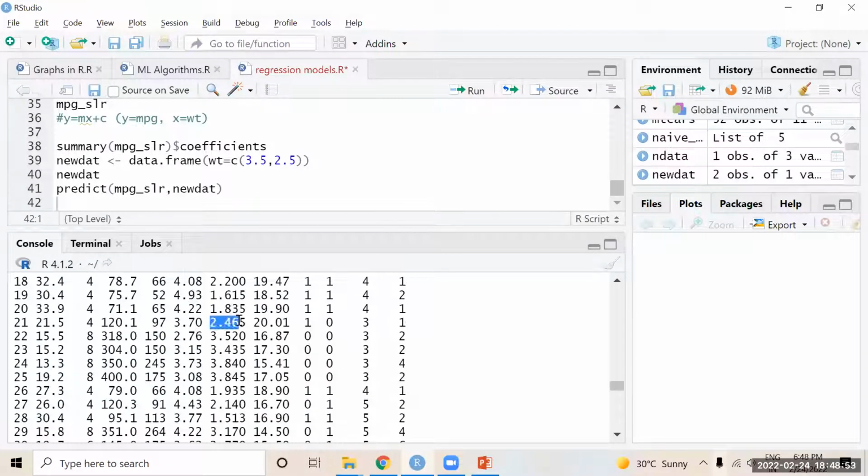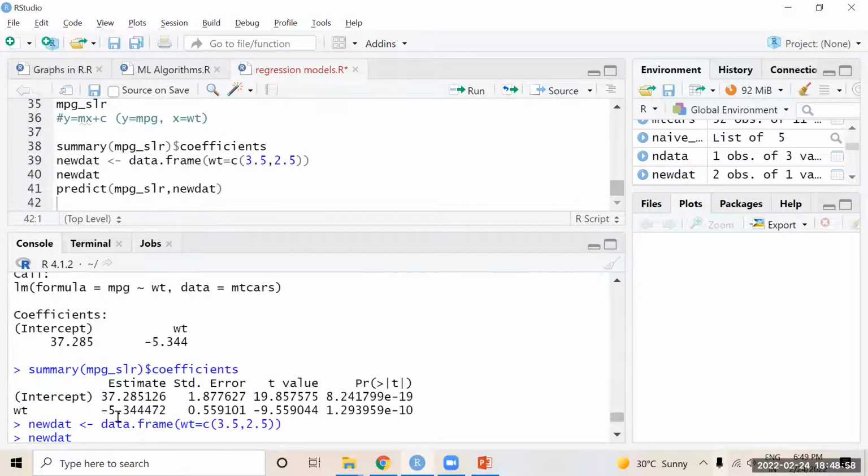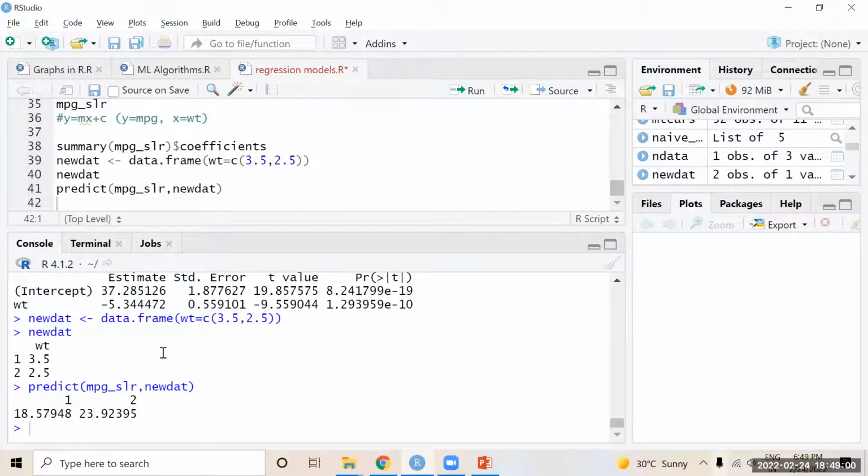Here it is near 2.5, 21.5. It was given 23. Difference is 2 only. So the model is giving approximate results. In any analysis or machine learning, approximate results are better than accurate results. No model will give accurate results. All models will give only approximate results.